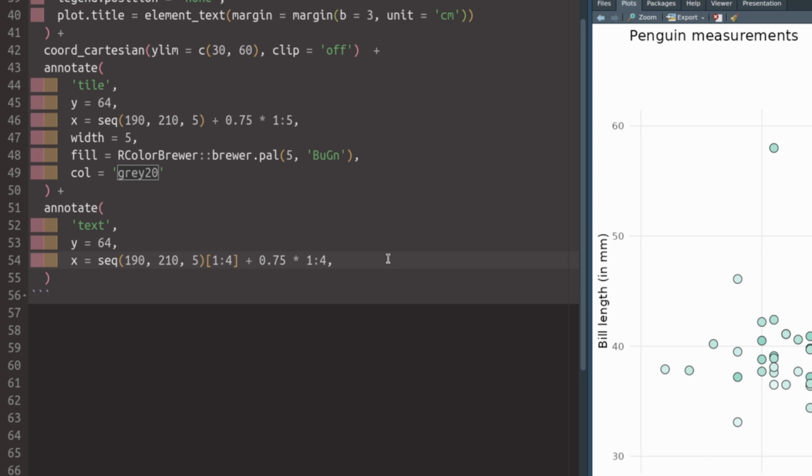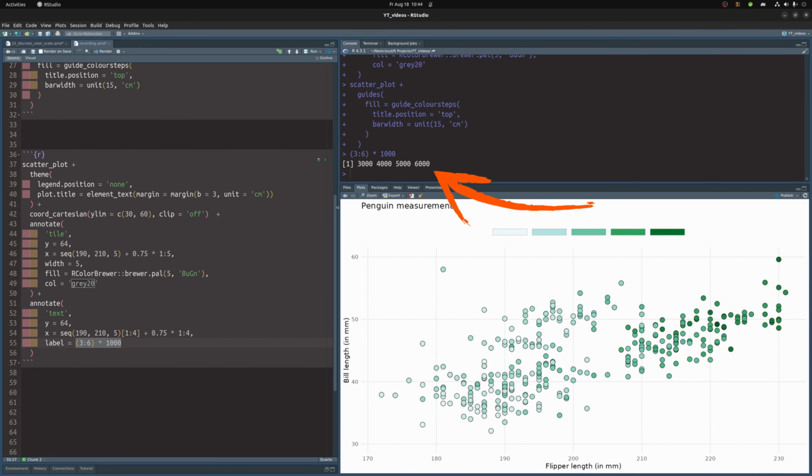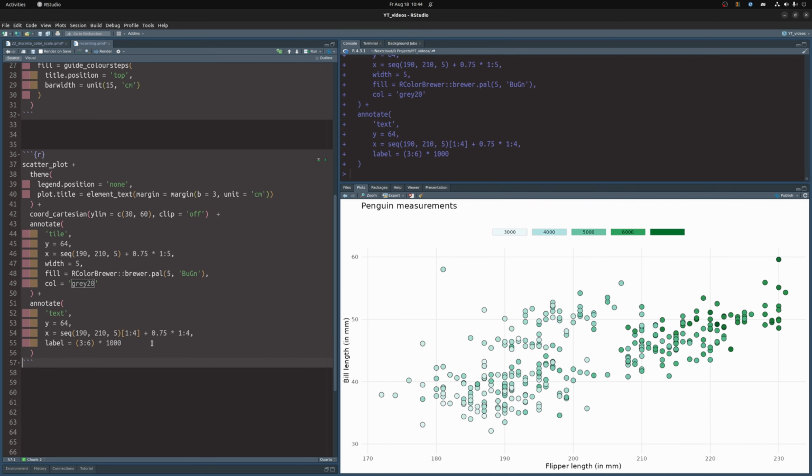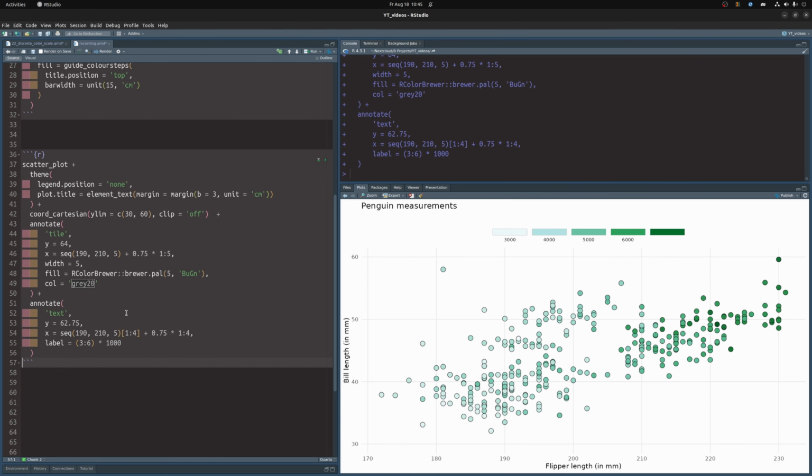Time to put in the actual text labels. Here we do that by creating a vector that has the numbers 3000 to 6000 in it. And once we have that, we can plot this. And we can see that our coordinates are on the same y level as our boxes. So let's move them a little bit below the rectangles by tweaking the y coordinate until the labels are below